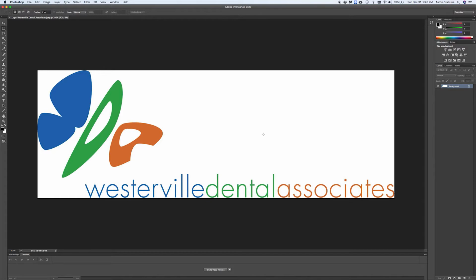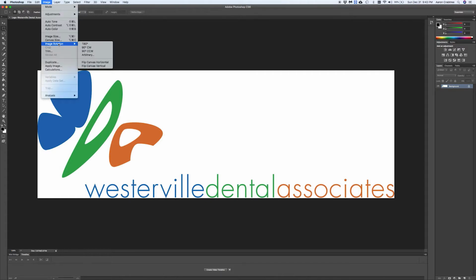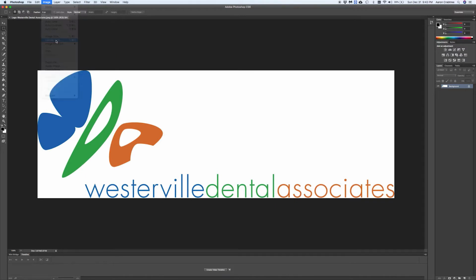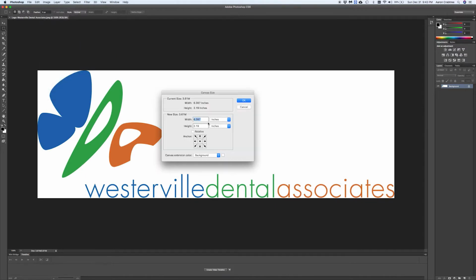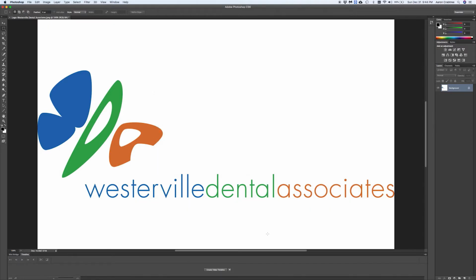So if I were to just turn this one into a square, I'll show you what happens here. So we're going to change the canvas size. Set this to pixels. So the width is 1919. If I change the height also to 1919, make sure relative is not checked here. If you do relative, then it will change the size of the image proportionally. If I have relative unchecked, then I can make the width and the height exactly the same. So this is what happens,